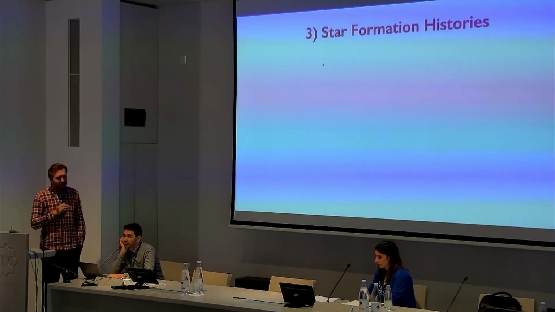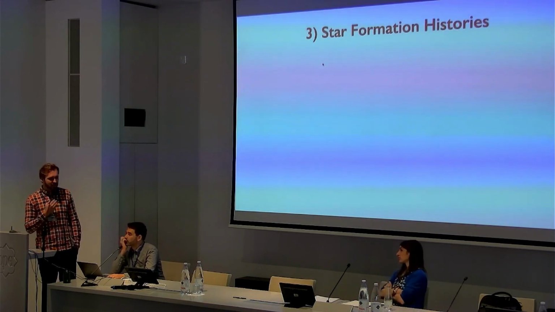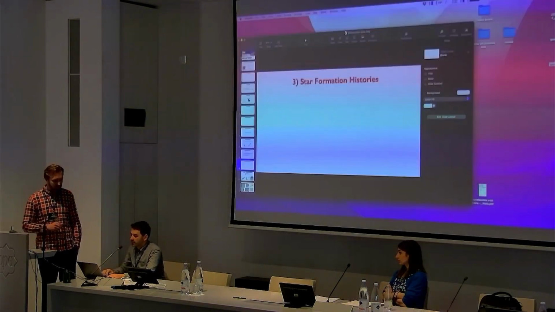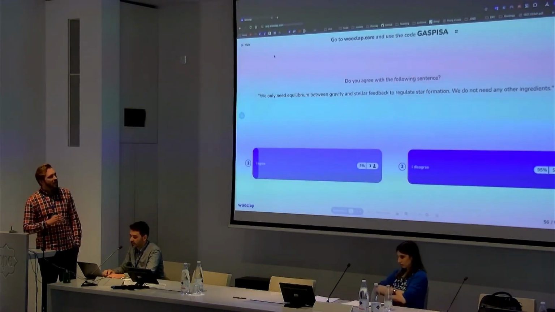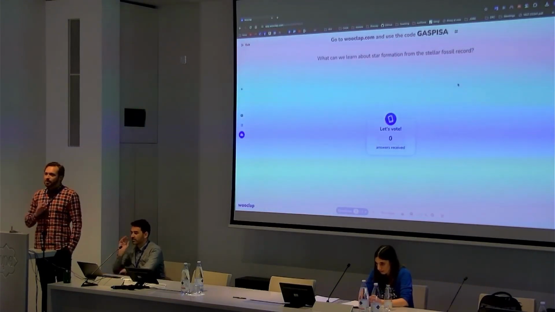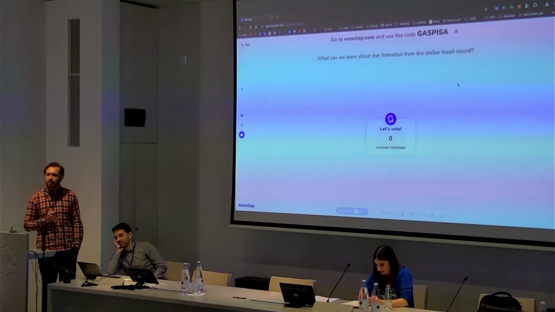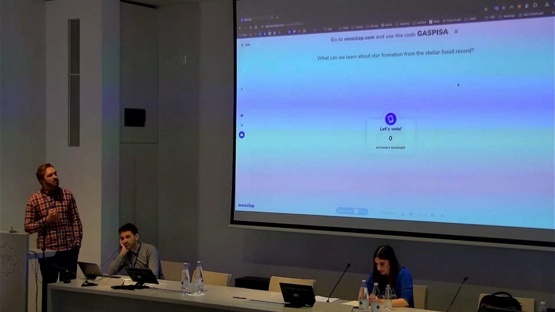So also in the spirit of growing complexity, we will now go to a word cloud where you can actually write whatever you want here. And I would like to know what we think that we can learn about star formation from the stellar fossil